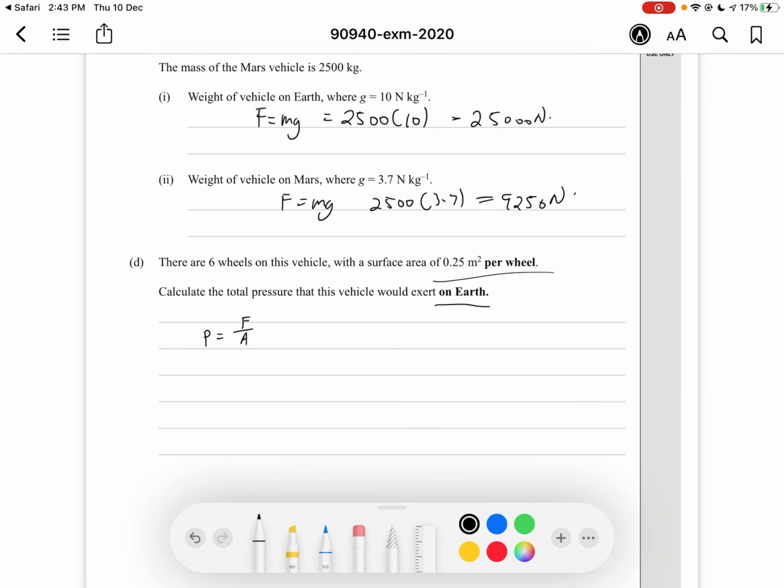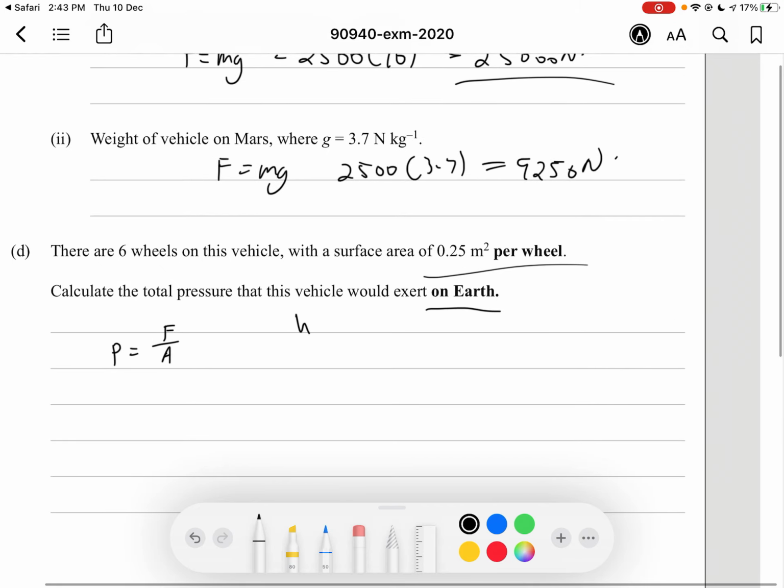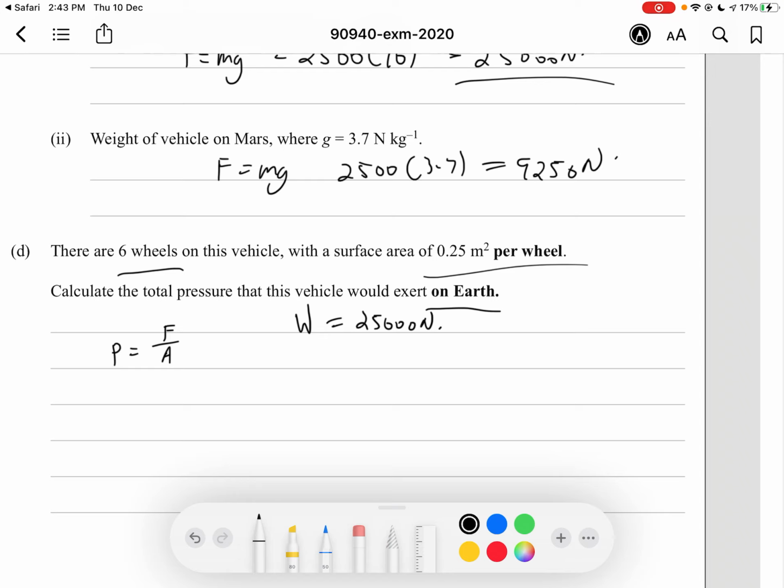On Earth, the vehicle's weight is 25,000 newtons. We have 6 wheels, and if we assume all the weight is equally distributed on these wheels,